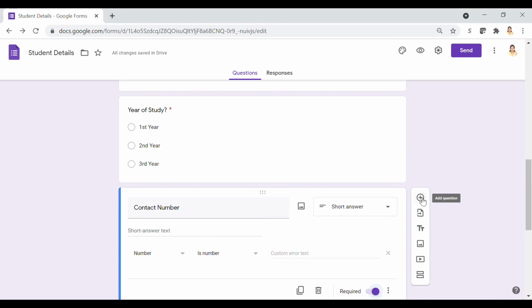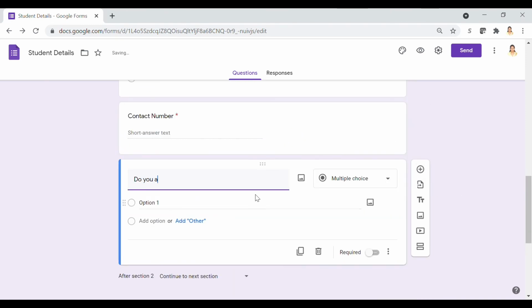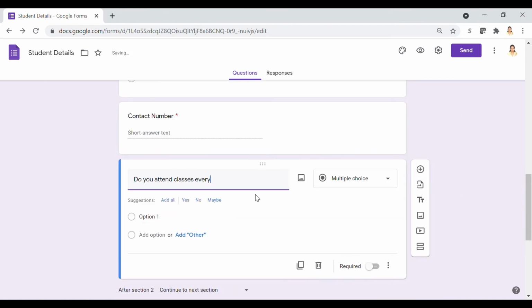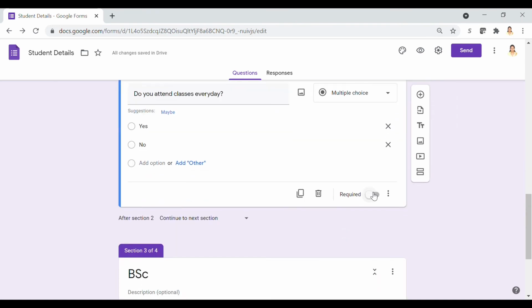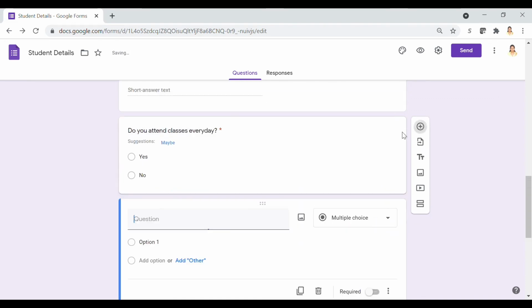Next question is, do you attend class every day? I choose yes or no here using multiple choice. Next question is, which device do you use?